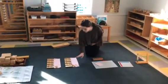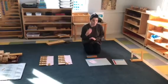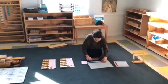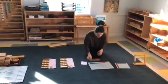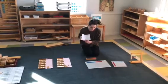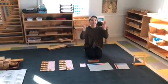Then after they have lots and lots of practice counting up to 1,000, they move on to the exploration and memorization of tables. So that's really just a lot of work doing all of the different math units: addition, subtraction, multiplication, and division. They use these booklets that have all of the tables from 1 to 9, and they use different boards, and they just repeat, repeat, repeat,